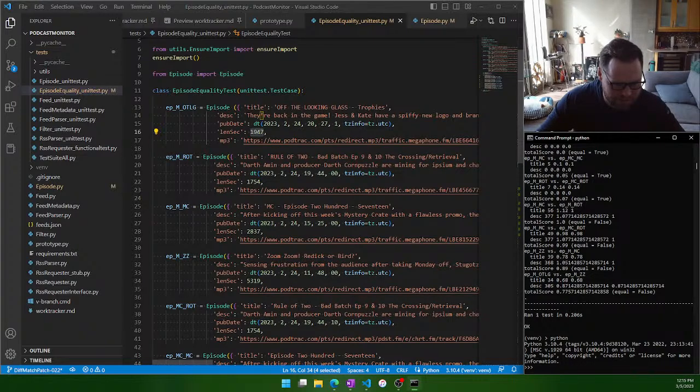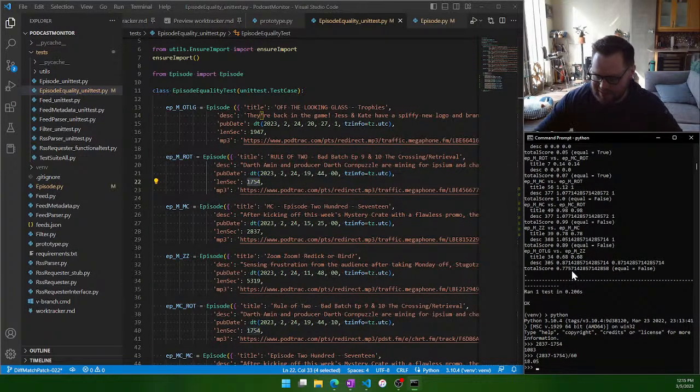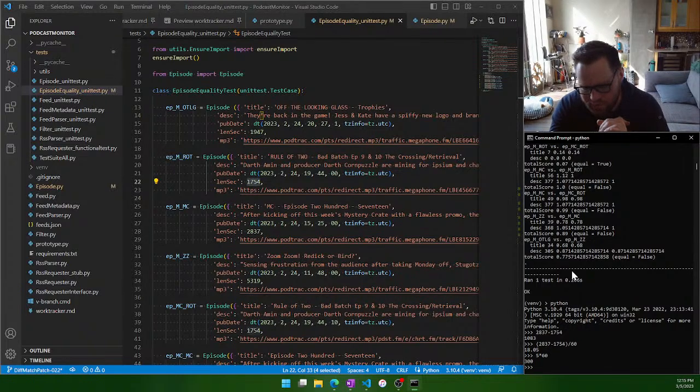So they have no difference in time. If we're, however, looking at, say, this one and this one, the difference is 1,083 seconds. So if we divide that by 60, it's off by 18 minutes, right? And that's a pretty good amount of time. I would say if it's off by 5 minutes, which is 300, that could just be a difference in ads. They could just have a couple more ads in there, but it could be the same episode. If it's getting off by